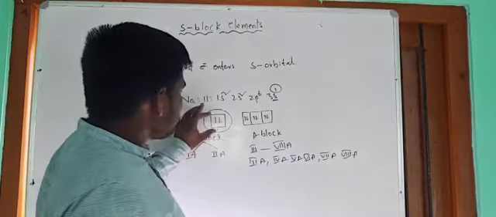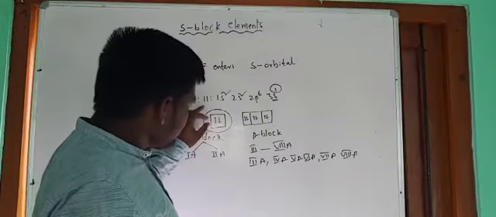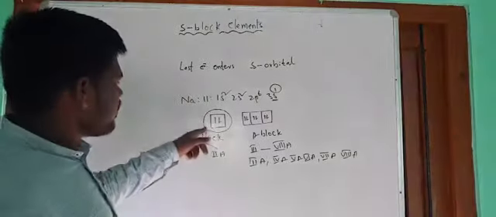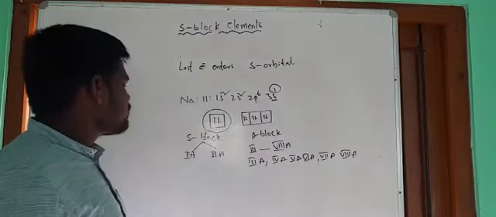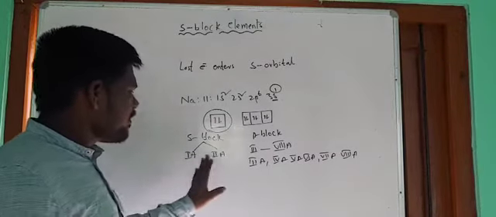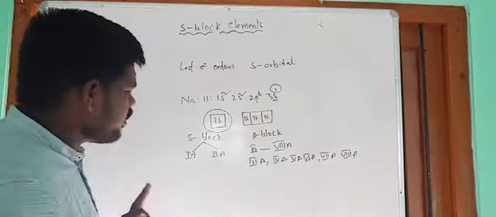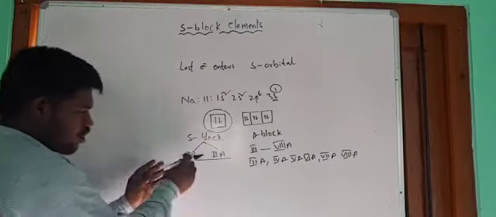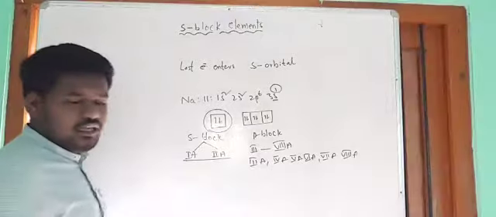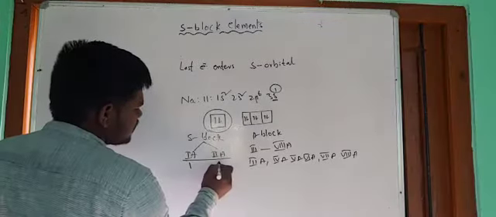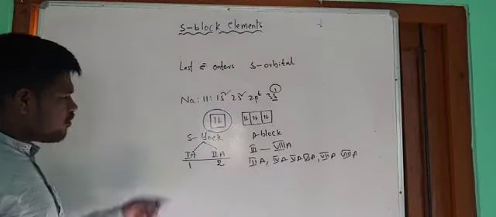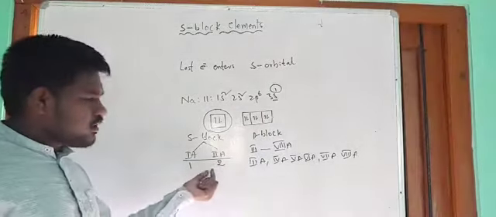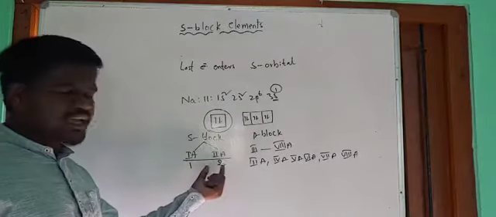But in the case of S orbitals, only 2 electrons can be accommodated. That's why in the S block only 2 groups are present. They are first A group and second A group. All the groups are represented with 2 types of symbols, with Roman numbers and English alphabets, and next one with Arabic numbers like this 1, 2. First A group is also known as first group, and second A group is also known as second group.